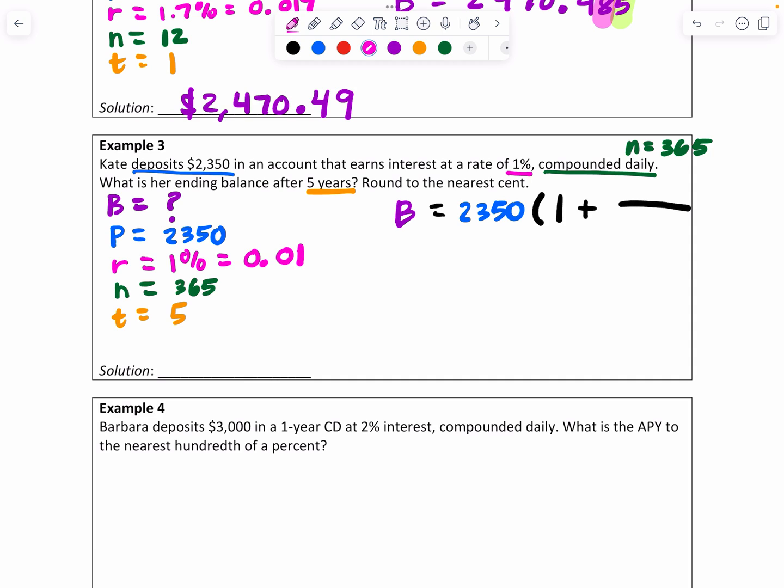Inside the fraction, we put our R, 0.01 in the top, and our N, 365 in the bottom. Close your parentheses, and then in the exponent, we're going to multiply N, 365, times T, which is 5. Type that all into your calculator again. Make sure that your calculator tells you that B equals,